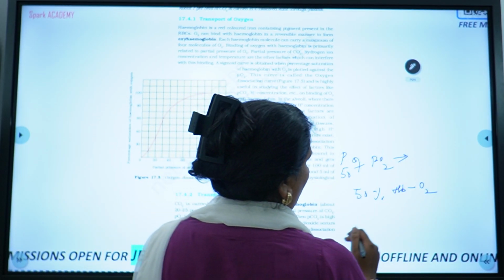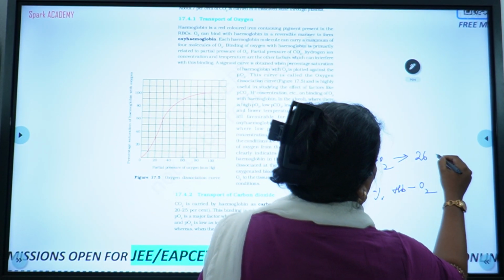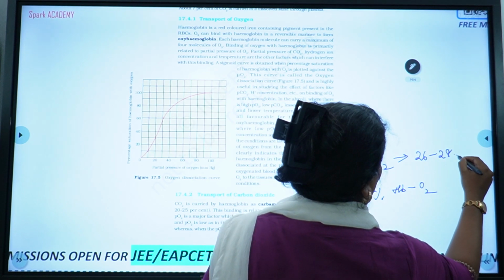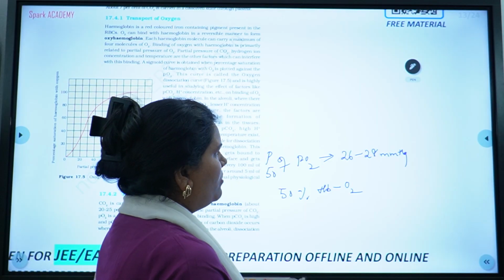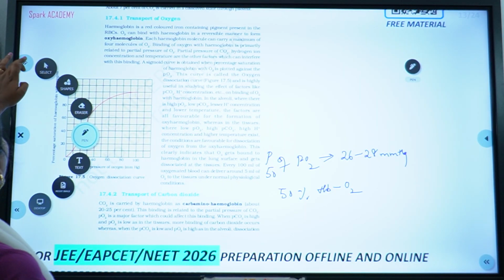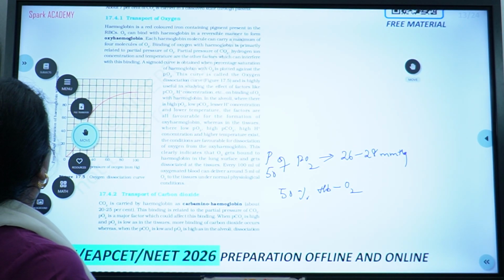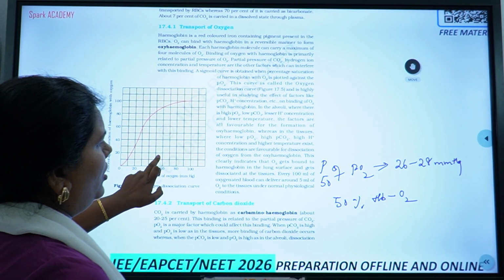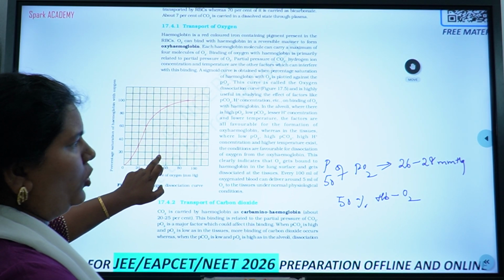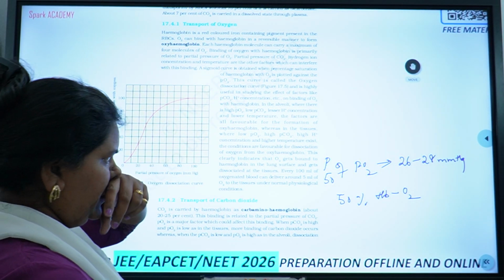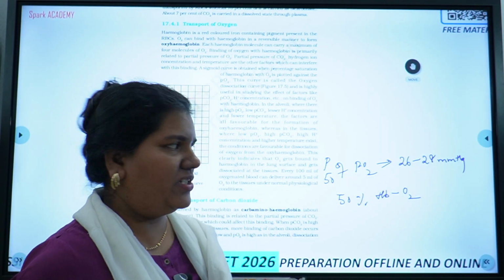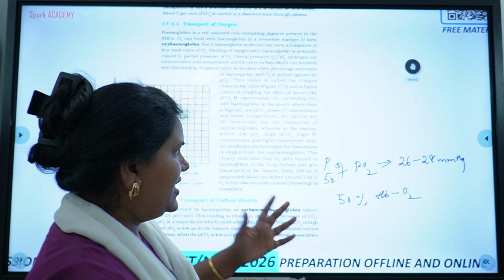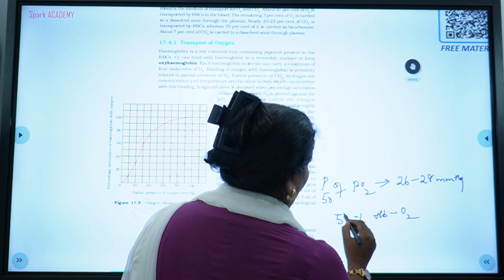And how much is the partial pressure? They have found out the partial pressure is around 26 to 28 mm of Hg. Under normal conditions, 50% of our hemoglobin binds to oxygen at how much pressure? 26 to 28 mm of Hg. This is normal. Suppose in any person, the P50 value,